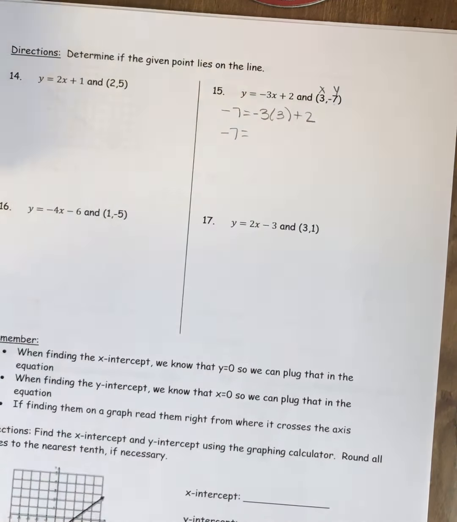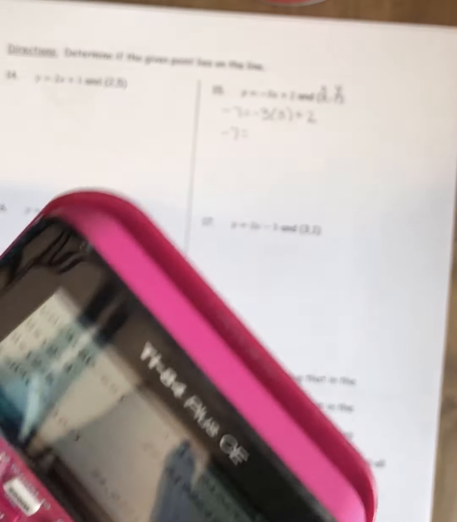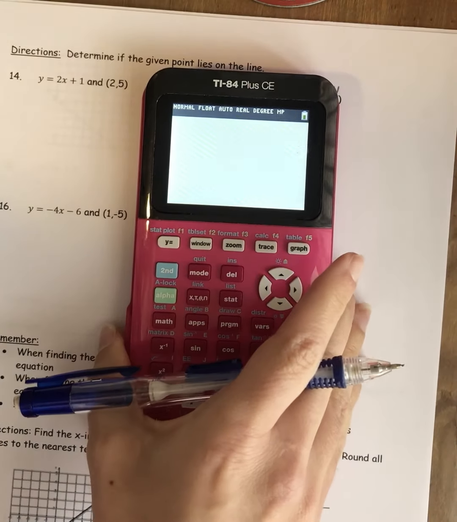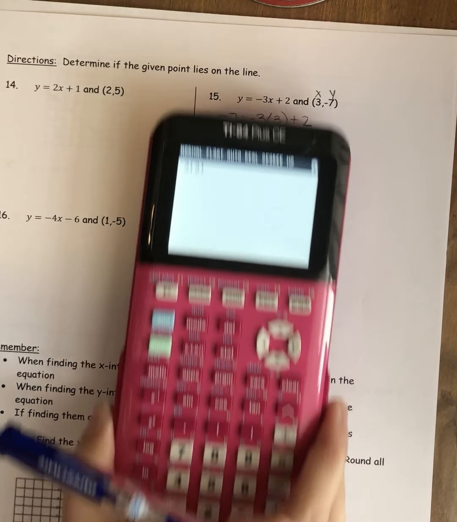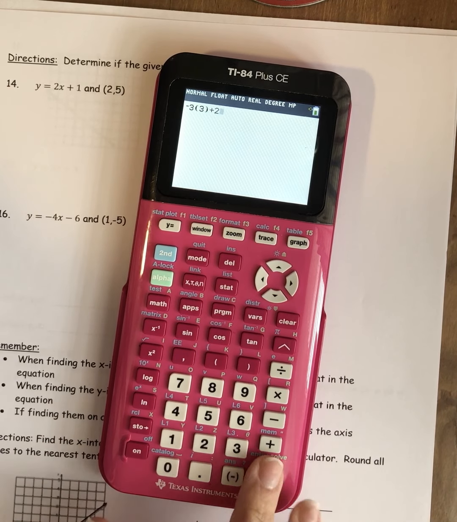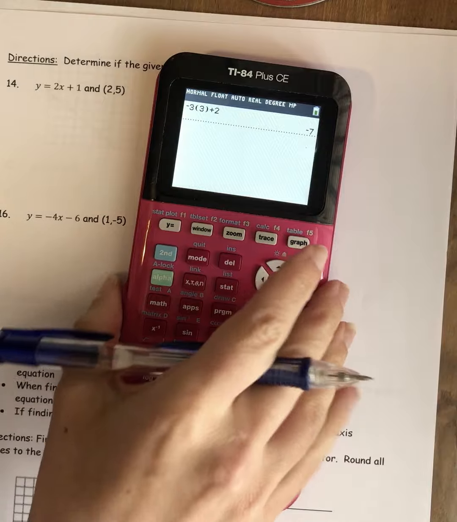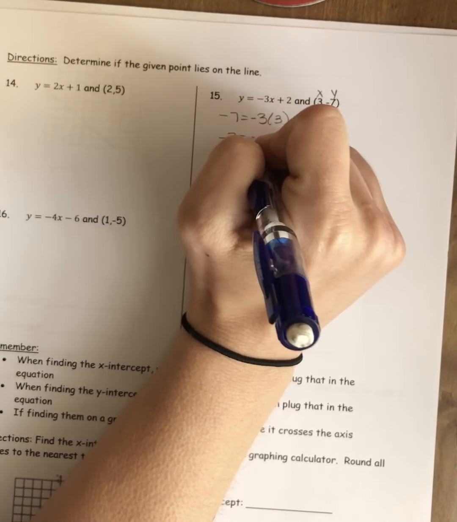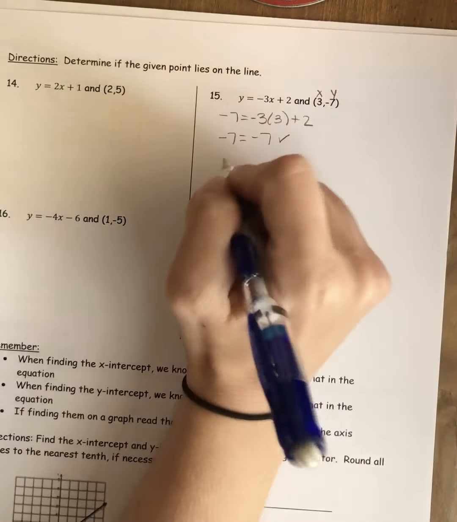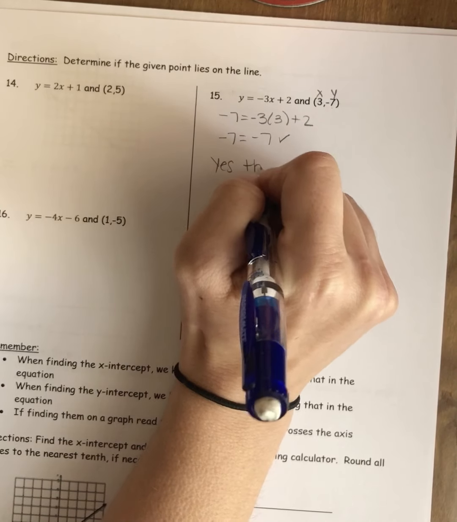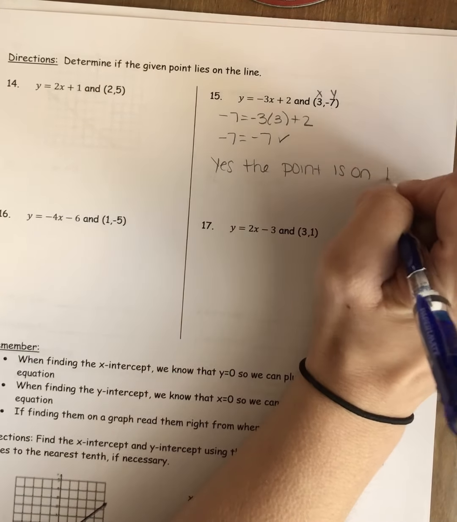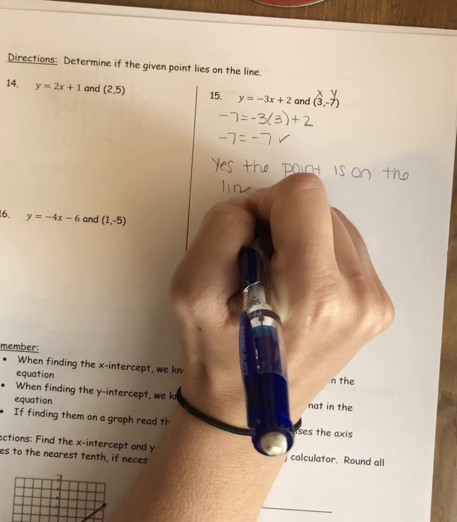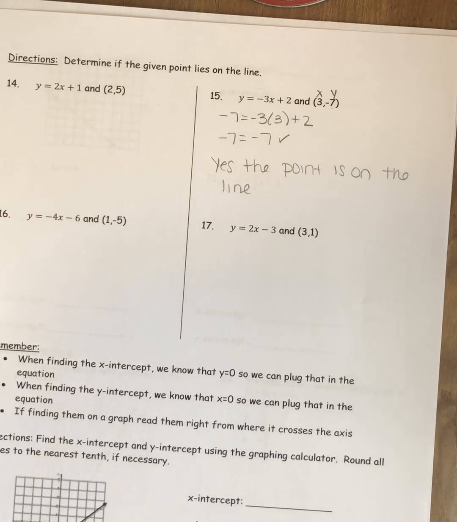You can type this as is in your calculator. So I'm going to get my calculator out. So we have -3 times 3 plus 2. Hit enter, and you get -7. -7 equals -7. So yes, the point is on the line. They sometimes ask you to show the work, so you'd have to do it that way if they asked you